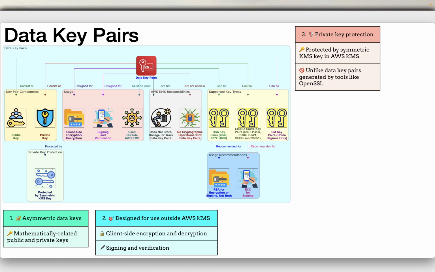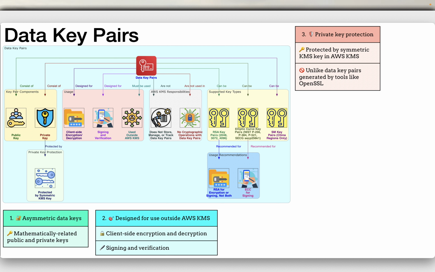Unlike the data key pairs that tools like OpenSSL generate, AWS KMS protects the private key in each data key pair under a symmetric encryption KMS key in AWS KMS that you specify. So OpenSSL also generates data key pairs, but here KMS protects the private key of the data key pair. It will protect the private key by using its own symmetric encryption KMS key.